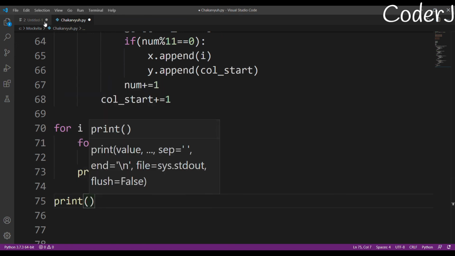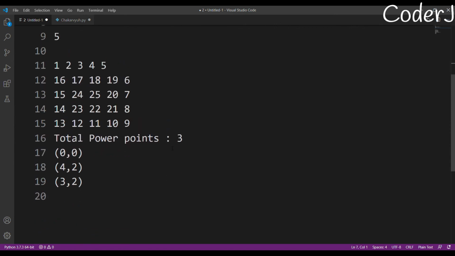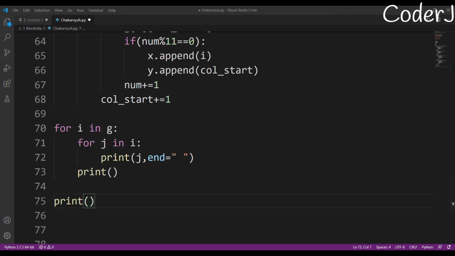Okay, let me look at the print format. So I have to print like this, total power points, and after this I have to print the coordinates in this format. Keep this formatting in mind, because if you don't format it like this, I think you'll get an error, and this error won't be like a presentation error. Okay, so total